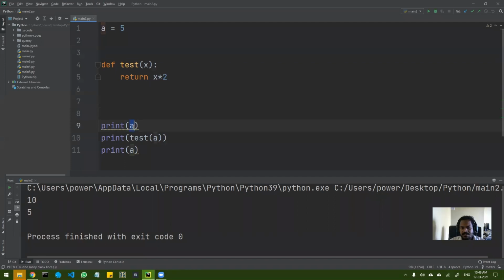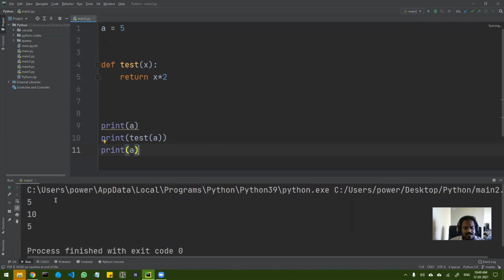प्रिंट a किया, मतलब बिफोर एग्जीक्यूटिंग टेस्ट a का वैल्यू क्या है, after executing test a का value क्या है, that is what I want to see. Okay, so if I run this, you can see before executing test the result is 5. उसके बाद जो भी output आया वो मैंने print किया, और after executing test it's also 5. Okay, यहाँ तक सब ठीक है. But